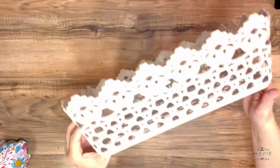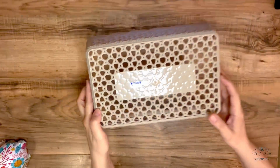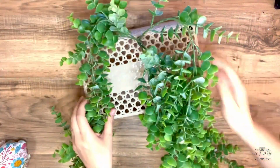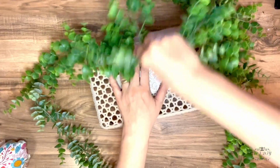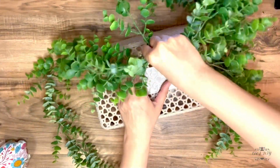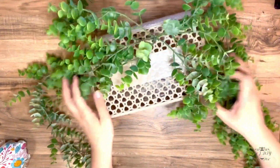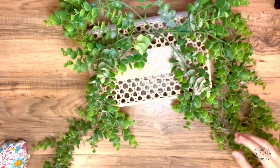For the next DIY, I'm gonna be making a centerpiece. I'm using this lace high-end basket. I got it from my local store for $1.99. I got a couple of them and it looks super beautiful. Doesn't even look like it's plastic. I flip it upside down and it's just perfect to add the greeneries. So I'm adding some of the greeneries that I got in my stash, and we can create a beautiful centerpiece for